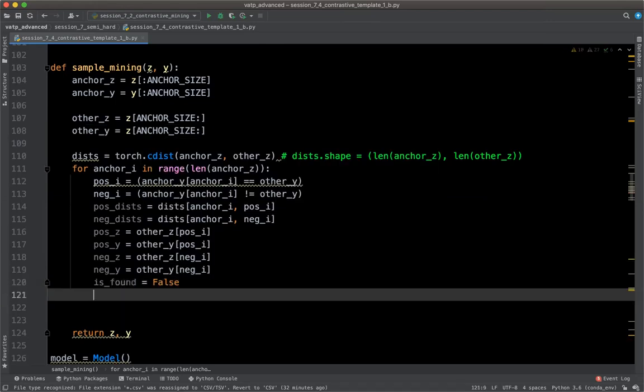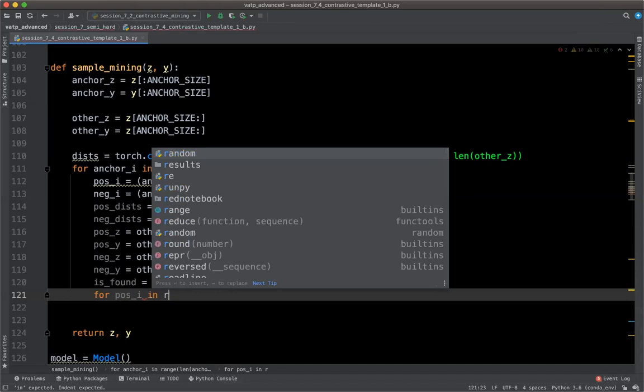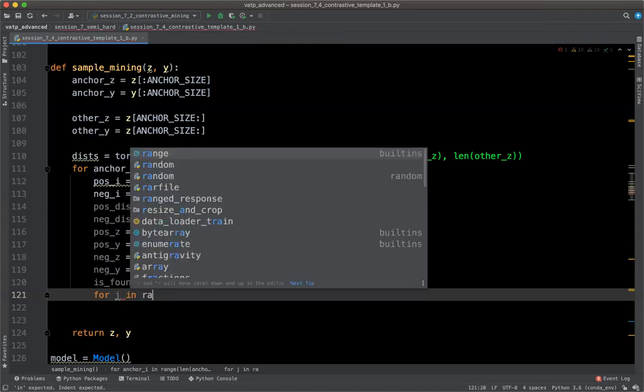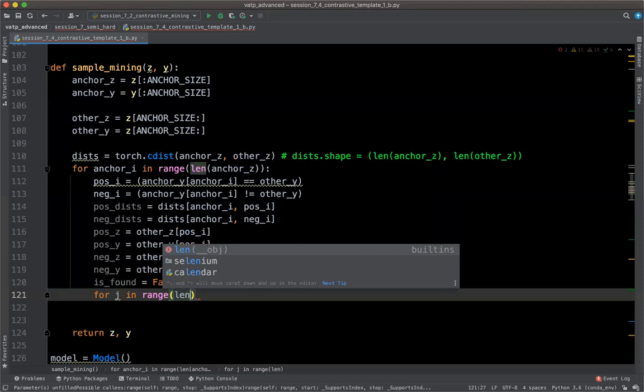because we'll need to look at all combinations between the positives and negatives. And again, here there is room for improvement. We can look for the best combination, like the worst combination, because the worst combinations are the best for the training. But now we will just take the first combination that is matching. So for, let's say, pos I in range. Oh no, I already have pos I. Okay, let's use j in range of len of